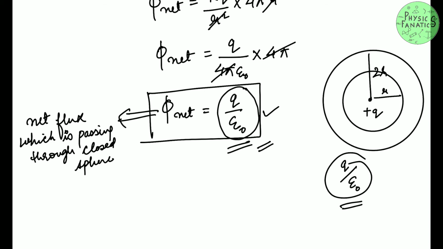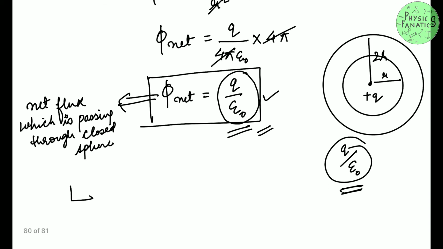So what does this say? This says that if we have plus q charge, and it is kept at the center of any closed figure, very carefully listen to my words, then the net electric flux that will be going out of the figure will be given as q upon epsilon naught. I hope you guys can see that.